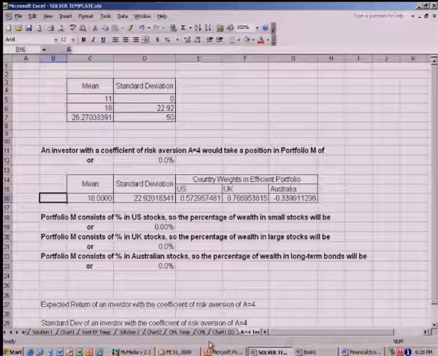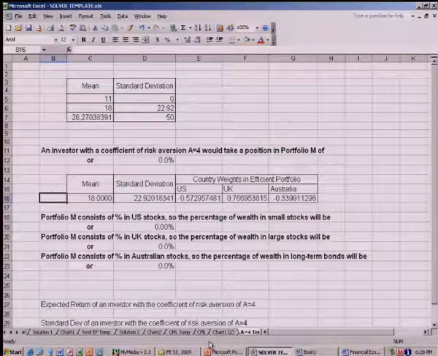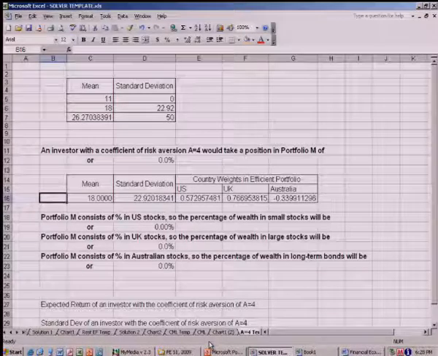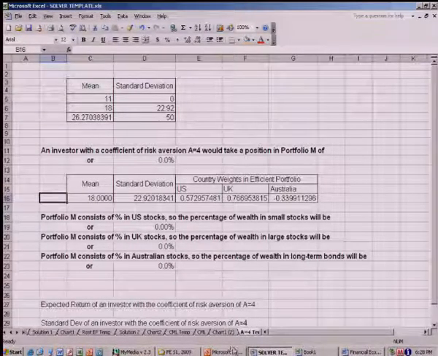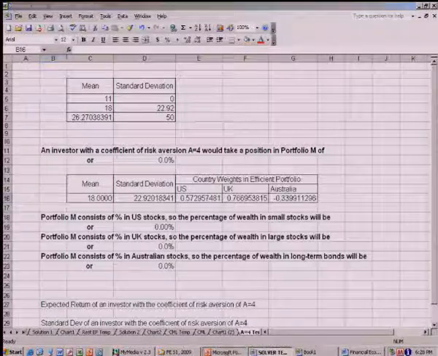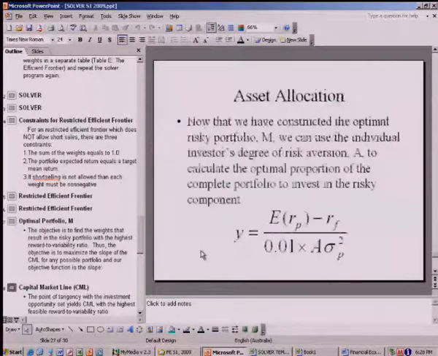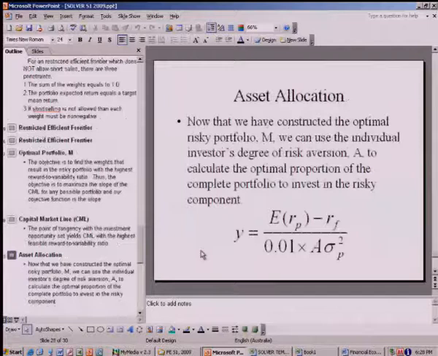However, we want to find out, given your level of risk averseness, where exactly on this capital allocation line you would be investing. To find that, we're basically going to find first an optimal proportion